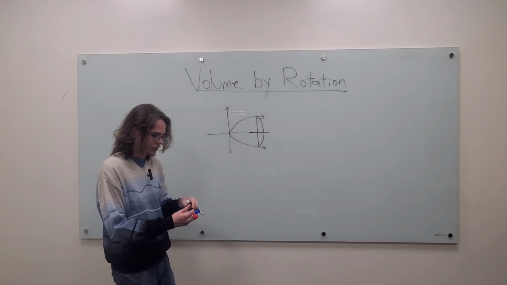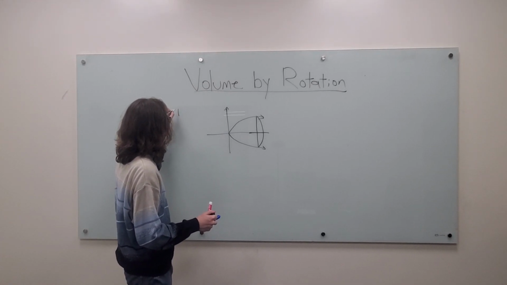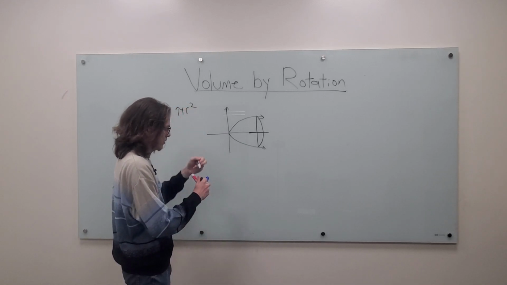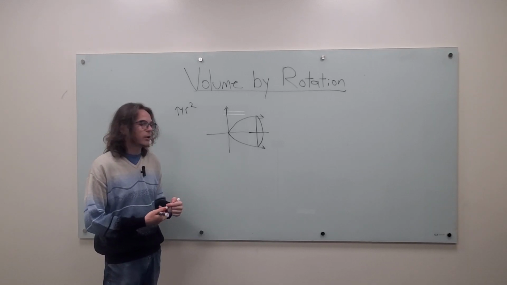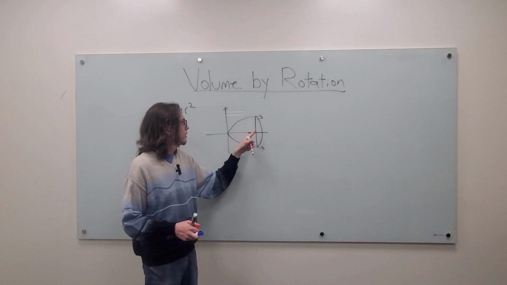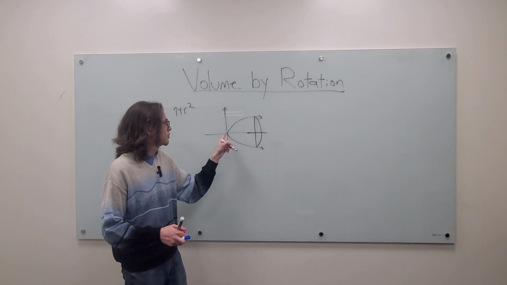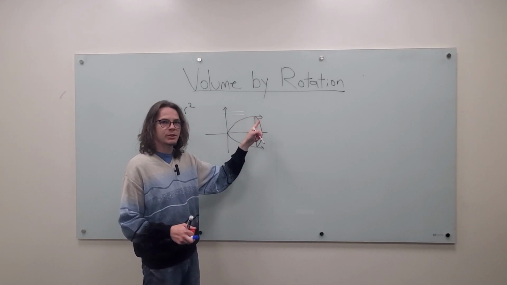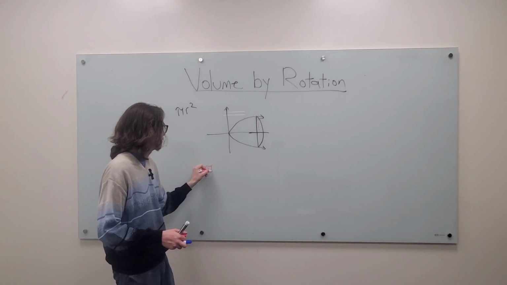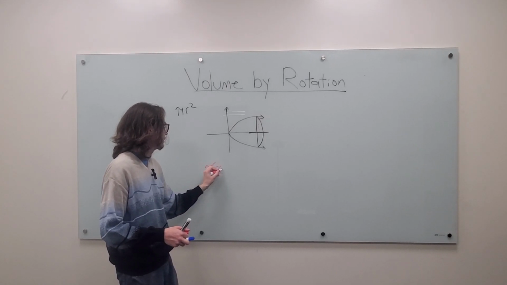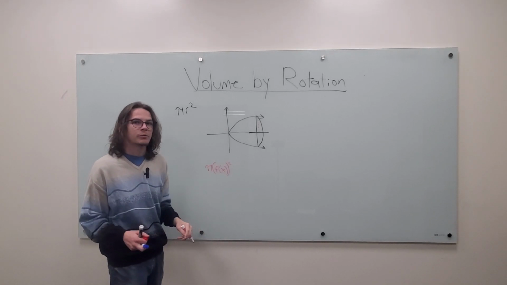So what is the area of a circle? Well, the area of a circle is pi r squared. How would we find the area of this circle? This circle is going to have that as its radius, so its radius is going to be whatever the function is at this x value. So it's going to be pi times our function, f of x, squared. But because we're finding volume,